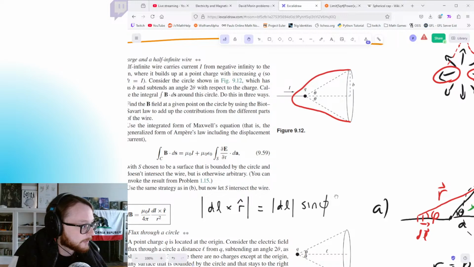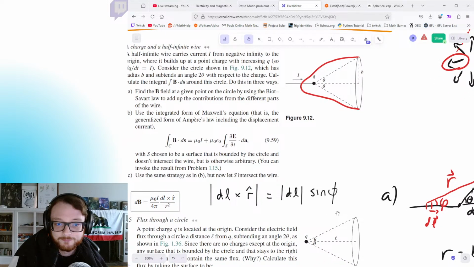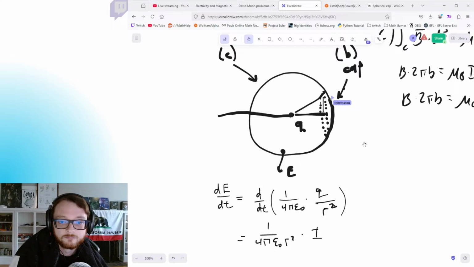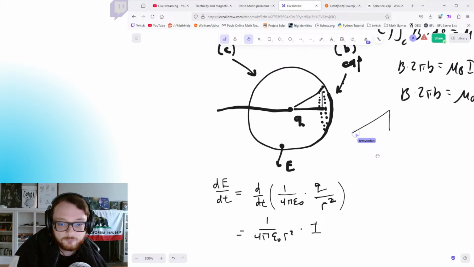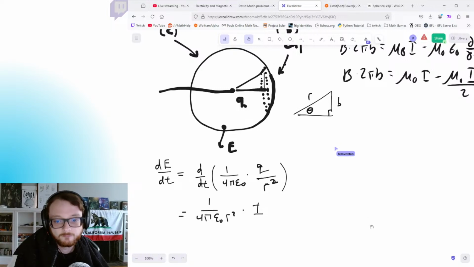No, b over sine theta. I don't know what's good or bad. Let me draw a triangle. So radius here was b. That's b. That's theta. We're calling this r, right? The radius. We did this before, so